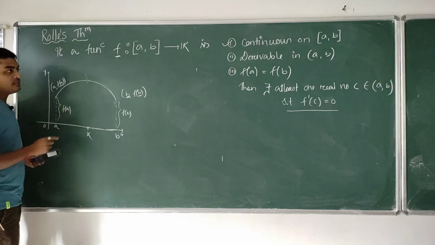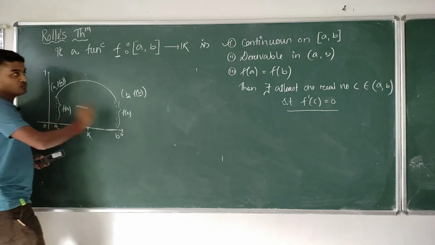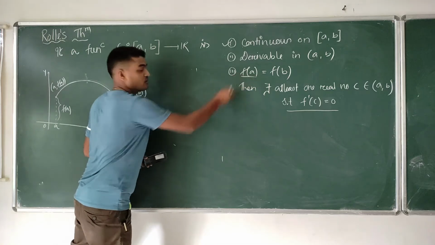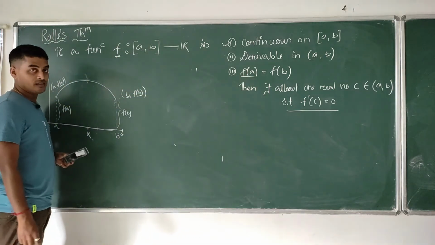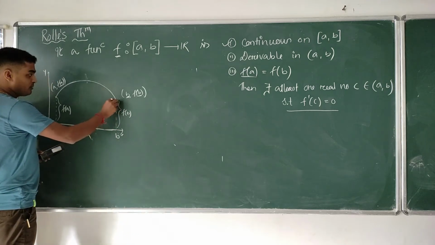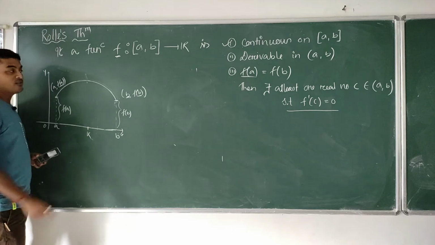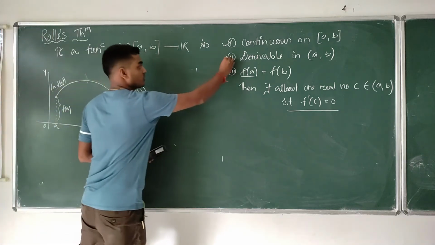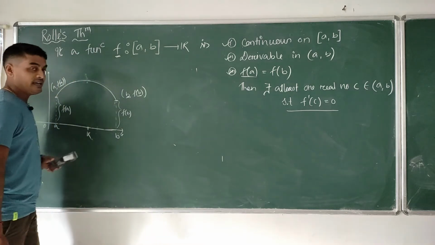Correct. So that is one thing. The third one is f(a) is equal to f(b). The y value of point a, what is f(a)? This is nothing but the image of a. What is f(b)? This is nothing but the value at b. So the values of f(a) and f(b) must be equal. If all three conditions hold, continuous in the closed interval, differentiable in the open interval, and f(b) is equal to f(a), then Rolle's theorem says